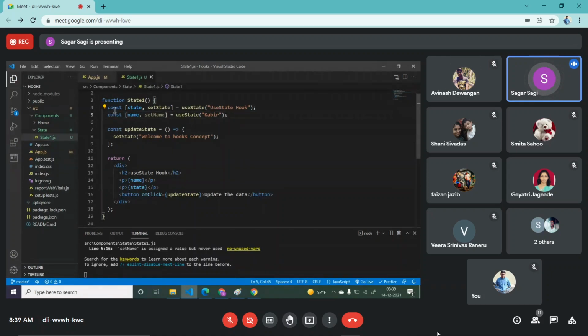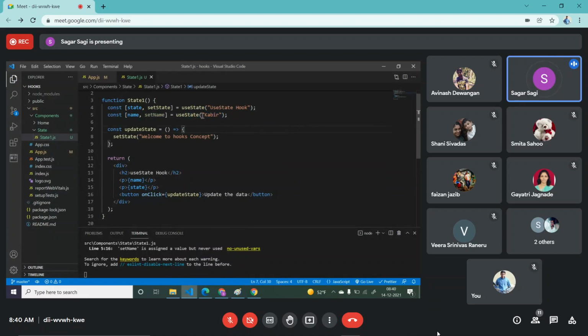So what happens here, for example, if you want to maintain two different states, right? Sometimes what we will do, we will just create one state, maintain the object, and try to keep these two as two properties. So it doesn't have that proper readability, right? Now here you see this particular element has a different state and this particular element has a different state. Even if you want to update it, it will just update this particular state.